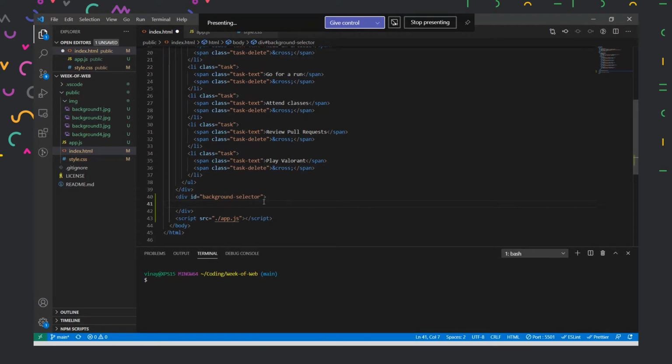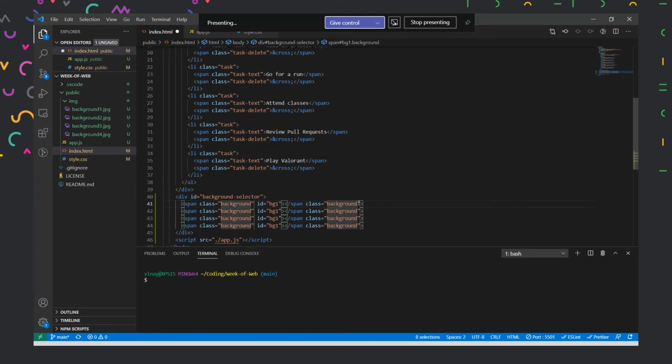Similarly, I could use this feature to create several elements together. How could I do that? I'll create some ID, let's say 1, and I could press star 4. As soon as I press enter, it will create 4 elements for me. And then I could edit them. I don't want all of them to be division. I want them to be span, inline elements. So I'll put span over here. Then I'll add a class also to all of them. The class will be background. And I could remove this.